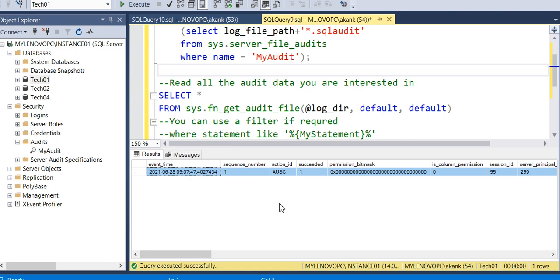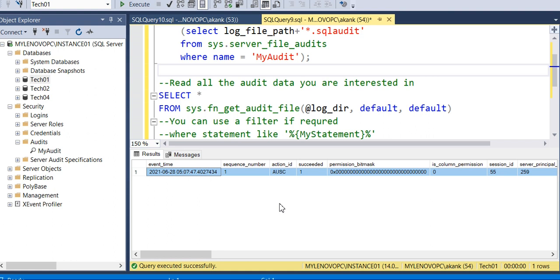So this is very helpful for tracking all the activity on a particular SQL instance. One more thing you need to keep in mind: on a production server, don't enable the audit directly because it also causes IO performance issues. If it is required, then only do it based on approval. But this is a good tool to track all the activity on a SQL Server instance.